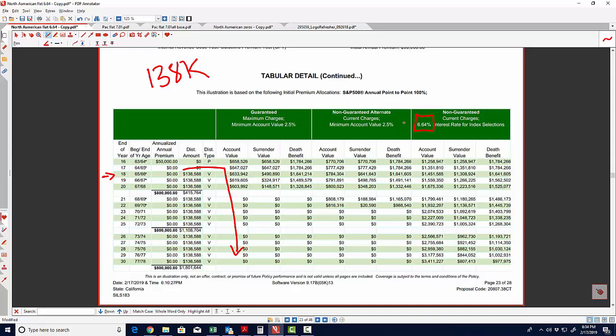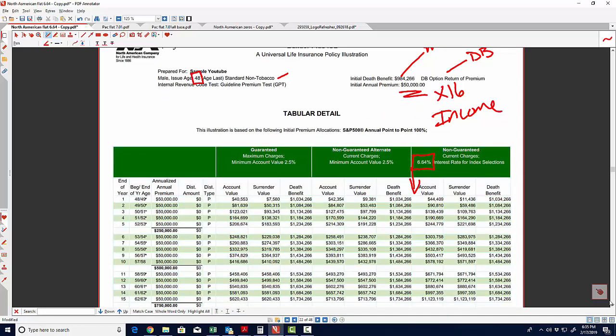of return. Now, what I'm actually going to do is show you how this policy would perform if, instead of showing 6.64% in every single year, I throw in 11 years of 0%, and everything else is going to be 6.64%. So that's going to throw in those 0 years where you get no credit and yet the fees still come out of the policy, and it's going to reduce this overall average rate of return, because I'm not showing a higher rate of return in the years where we're showing credits. I'm simply throwing in 11 zeros.